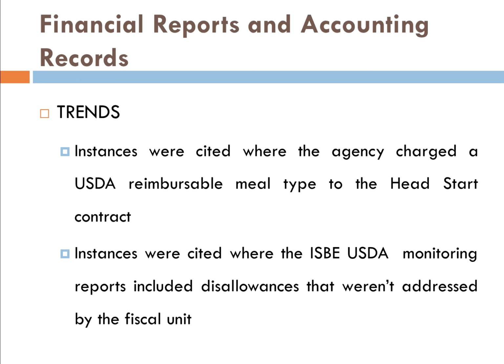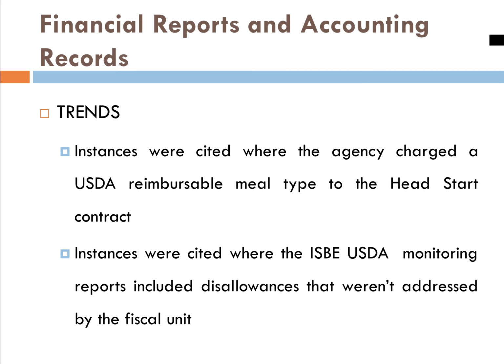Oh, yeah. There were a couple of situations where the program wasn't taking full advantage of the USDA reimbursement, maybe because they were on a different type of USDA program. And the Head Start performance standards are very clear about this, and what it states is that USDA is the primary source of reimbursement for allowable costs associated with nutrition. And Head Start funds are only to be used for allowable costs not covered by USDA, which essentially says that you have to exhaust all the USDA reimbursement opportunities before you pay for the cost with the Head Start